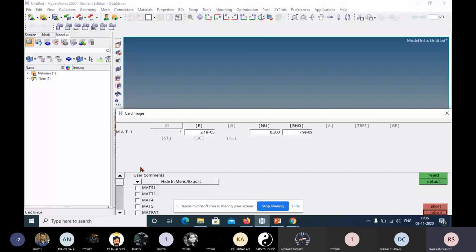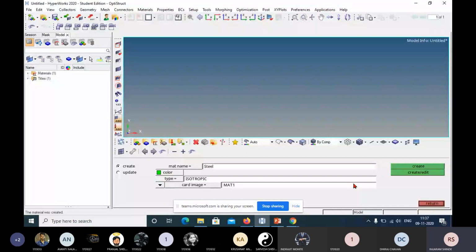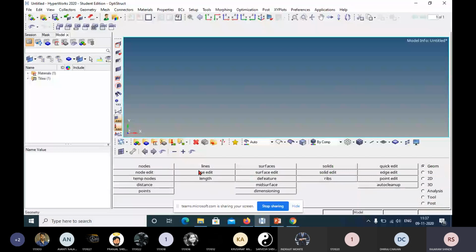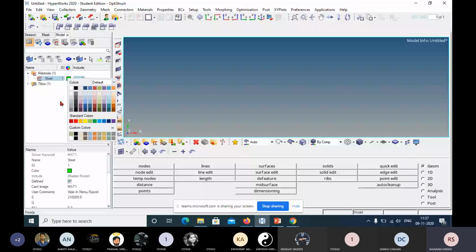Now after the properties, click on the return button here, click on return. Okay, we have entered the property. Now after completion of all the tasks, you again click on the return button. Now you will be in your main window, and here you can see this steel is added in your window with the color which we have assigned. You can change the color from here. You just click on color, and here you will get different colors. You can modify your color.